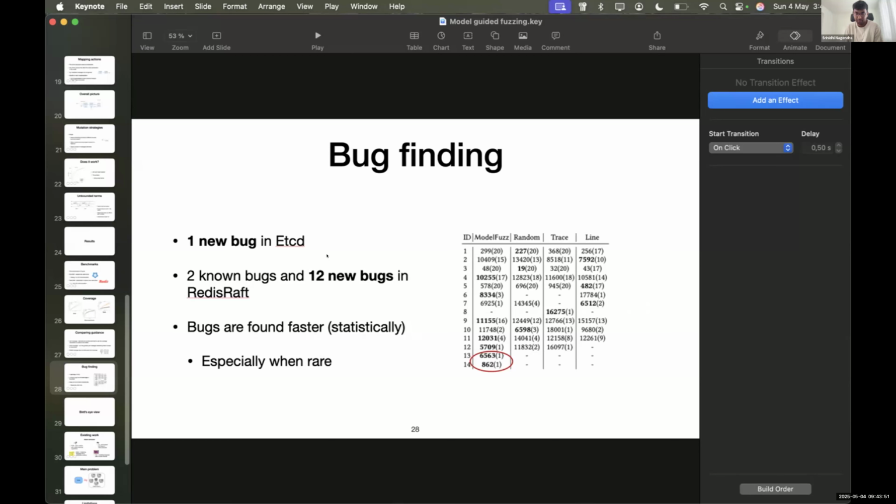I don't think anything has happened on the etcd bug itself. For Redis Raft, the bugs were basically crashes, so it is an unexpected crash. We tried to go through the trace and the crash report to figure out why it is happening. There is some idea, but I don't really know what is going wrong in the protocol. But we did not get any information back from Redis Raft. I don't think it is being actively maintained, but maybe somebody here knows better.